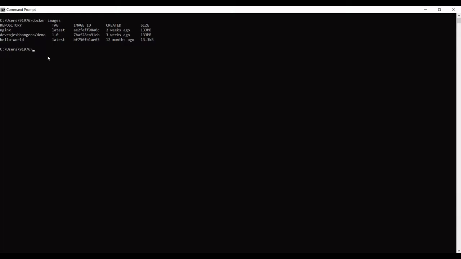So basically I will create a volume here and then add it to one of the containers, and I will try to update the volume in that container itself, and then I will take that volume and mount it on another container. This will prove that we can actually move the volume from one container to another, I mean, we can basically mount the volume from one container to another without deleting the data.